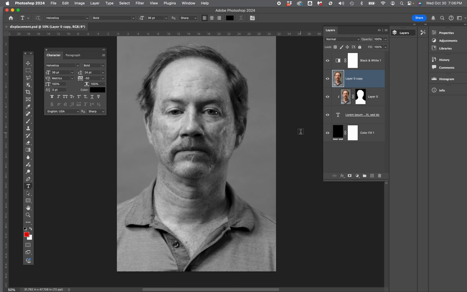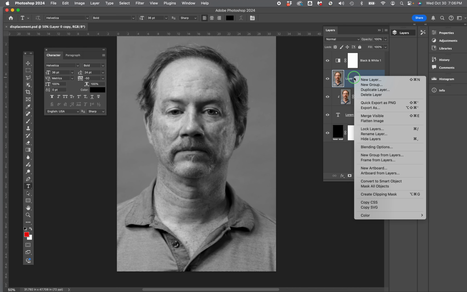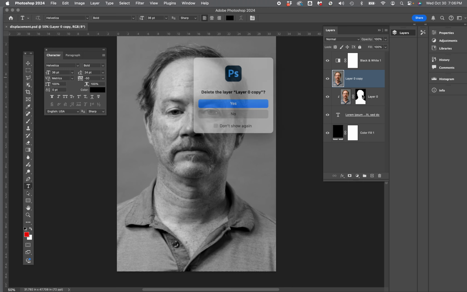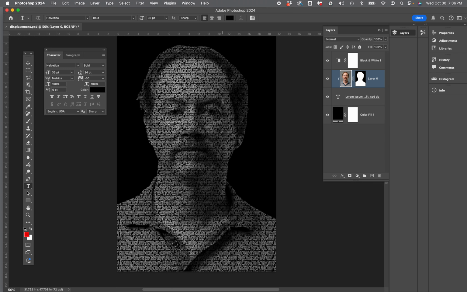And now that I finished it, now that I saved it as this other file called Displacement, I'm going to select that blurry layer, right click, and I'm going to delete it. Yes, to delete. Now, selecting the text layer in your layer panel,